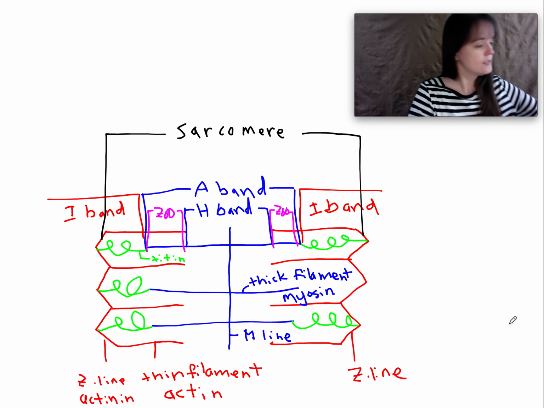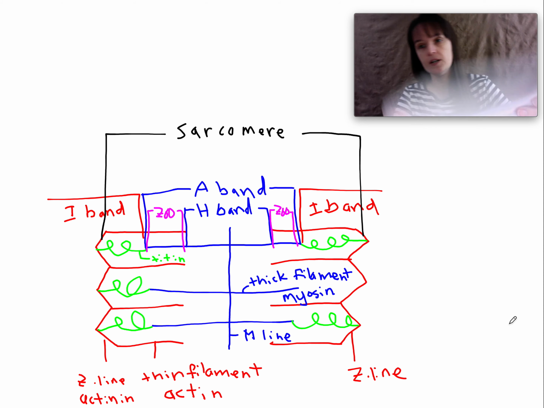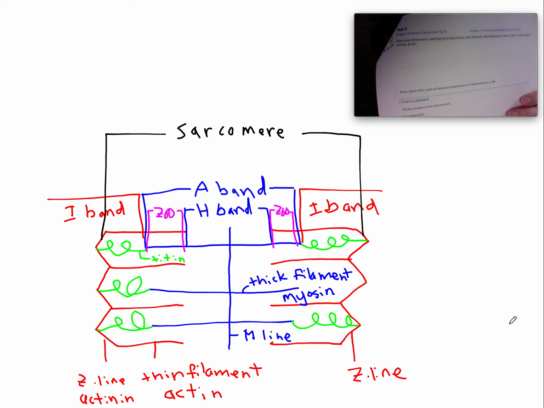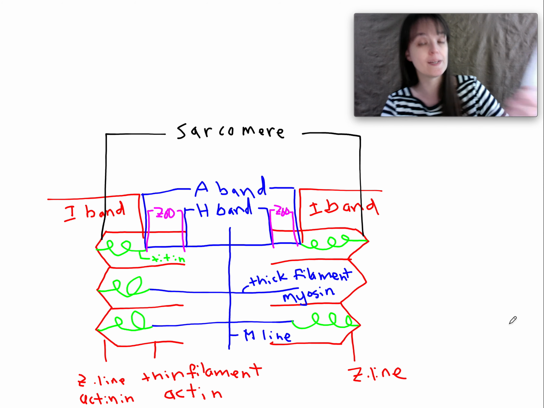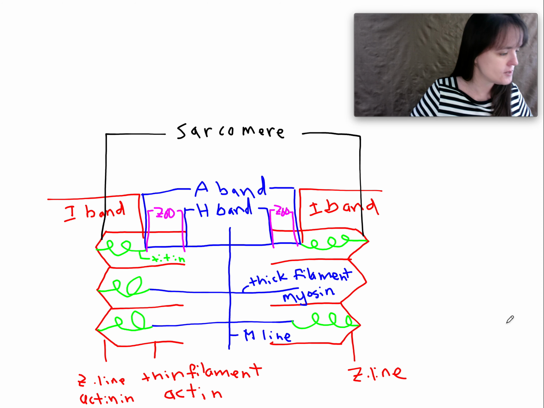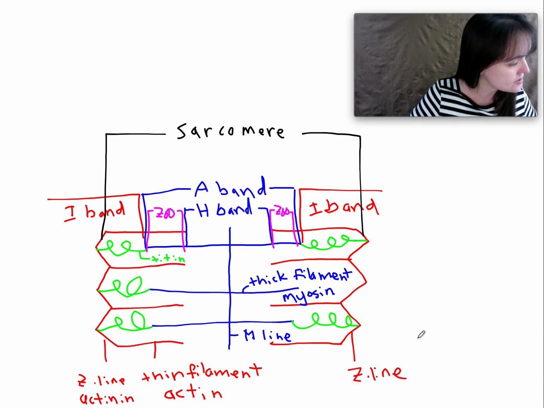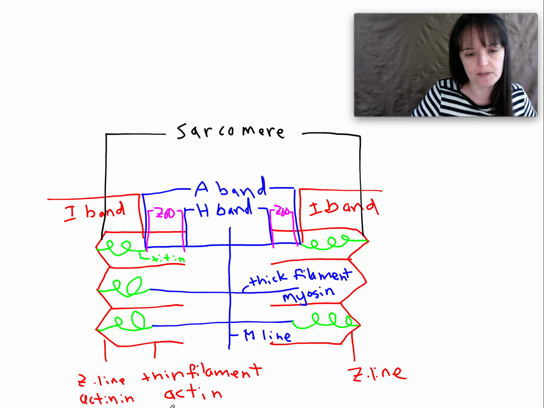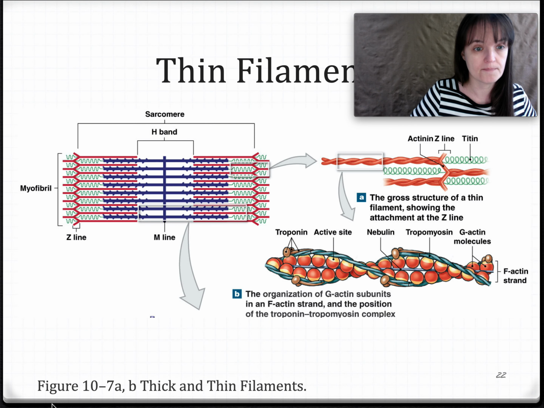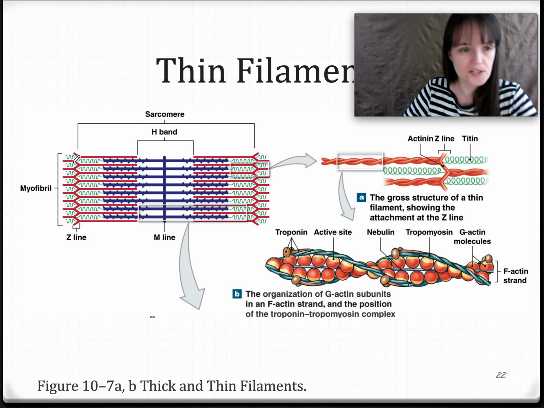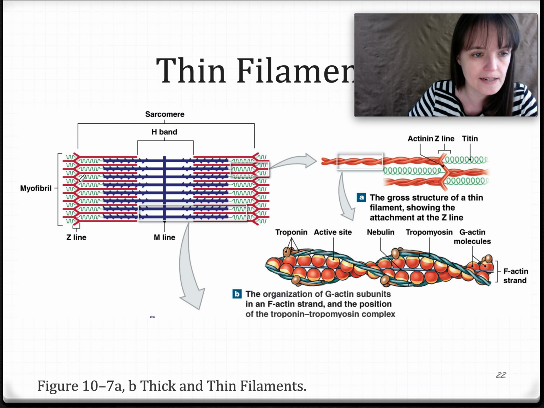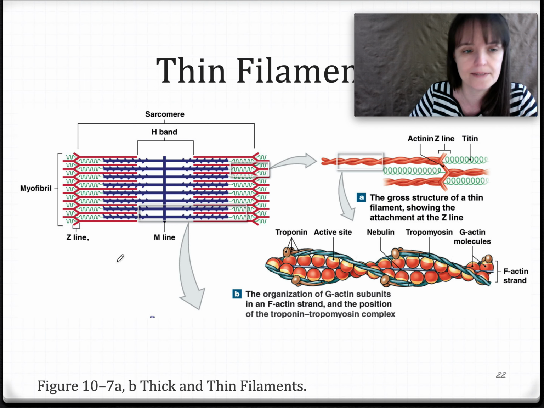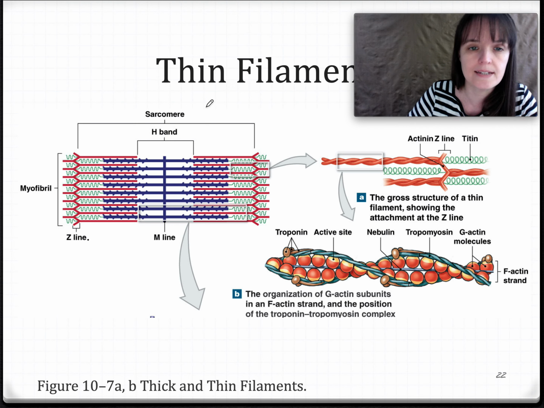Okay, so this was what goes here on the top of what for me is page 6. This is the drawing you want and the labels. And make sure you put in that the thin filaments are mostly actin, the thick filaments are mostly myosin. Okay, so here's the same thing that we just drew. See, you've got the zigzag, which is the Z line, and it's made of actinin. From Z line to Z line is a